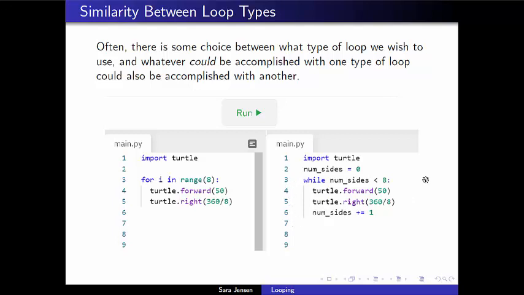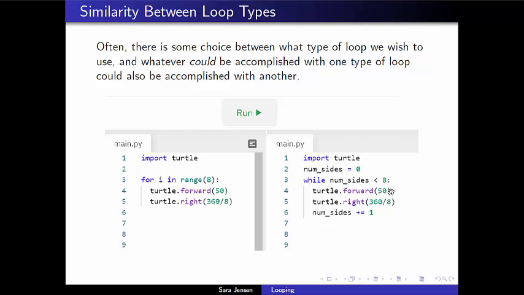Notice that what we've really done is just separated some of the tasks that are accomplished in line 3 into separate places. The way we've done that is we've created our own variable, this time a descriptive variable called numSides, and we've initialized that variable with a value of 0. The check we've then put on our loop is if the number of sides is less than 8. Because that's true initially, as in line 2 we've initiated numSides to be 0, we enter the body of the